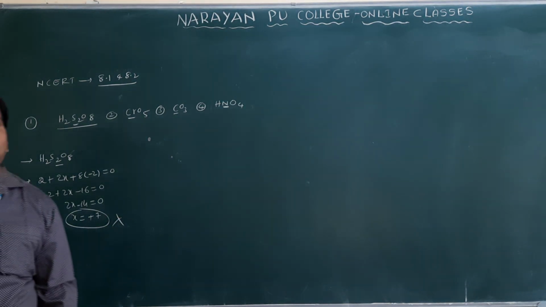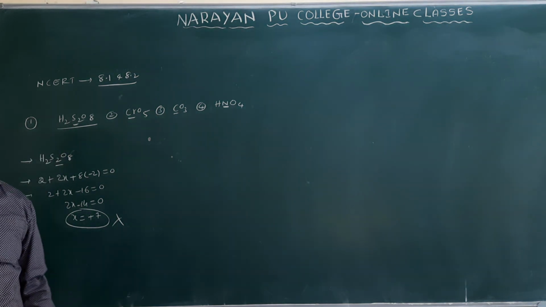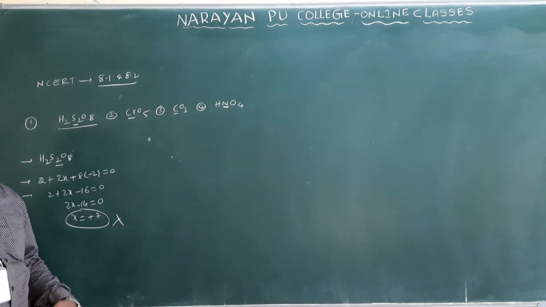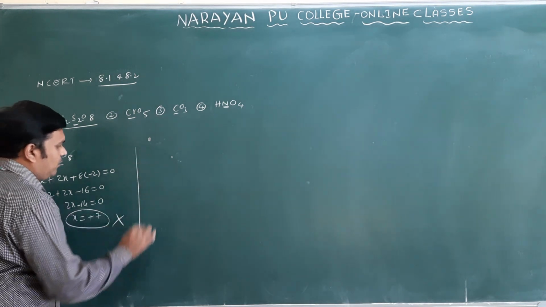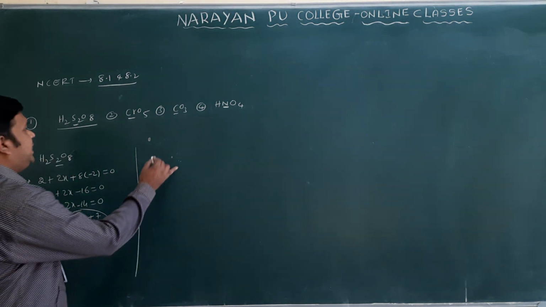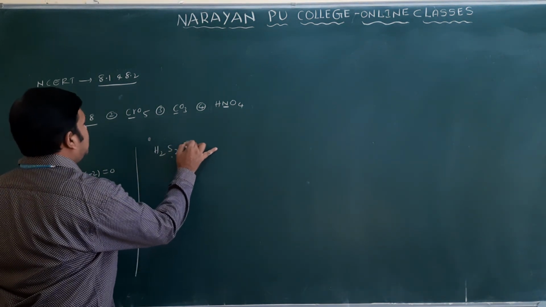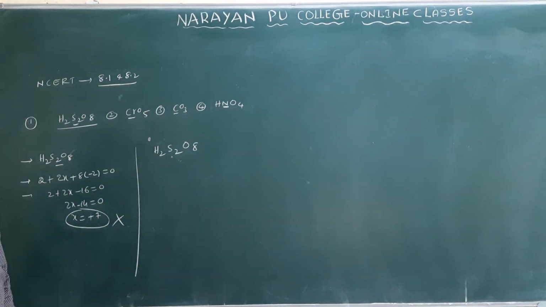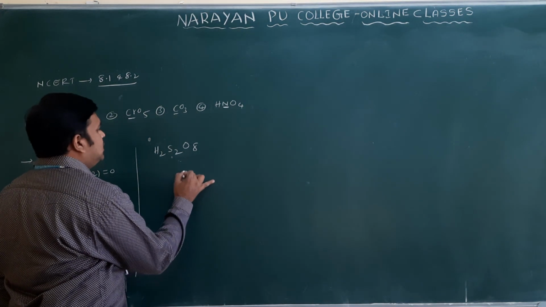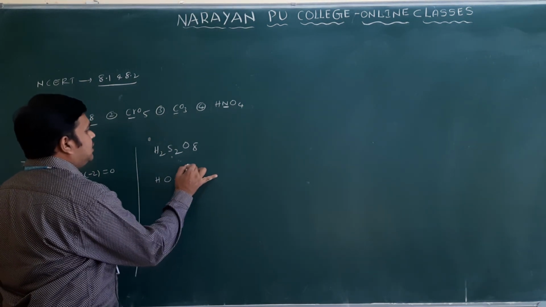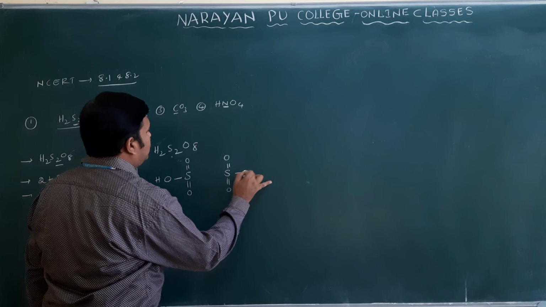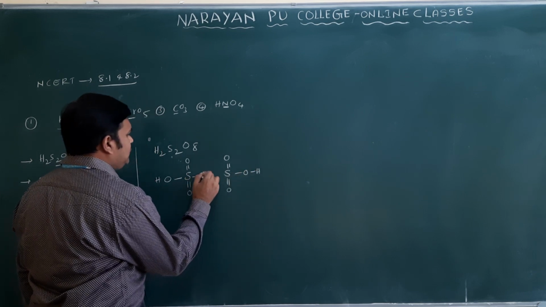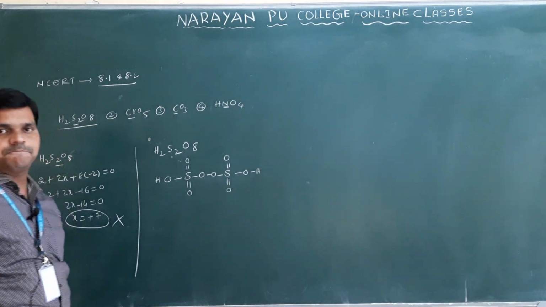If you write plus 7, the answer is wrong only. Why is plus 7 wrong? Because the molecule contains peroxy bonds, so there is a change in the oxidation state of sulfur. How is it? Let us see the example. Take the same example, H2S2O8 only. If you write the structure of this compound, then you will get clarity. So sulfur we have, and here OH, double bond O and double bond O, and here sulfur double bond O, and here OH, and here oxygen can be present like this.